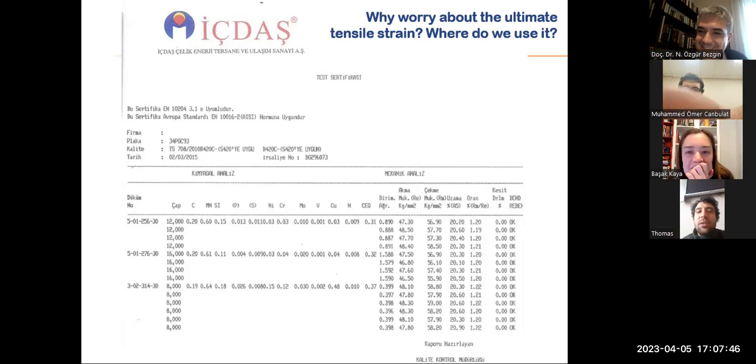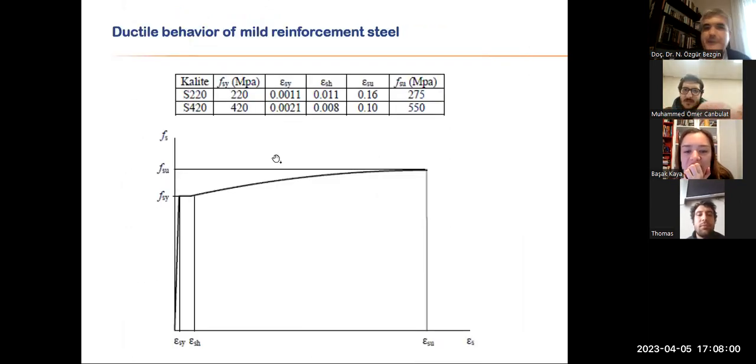Isn't that the design that you mentioned in terms of some people doing structures that will break, crack, but not fail? No, load and resistance factor design. No, I'm not talking about that type of plastic. So let me just come to what I'm talking about. Here we go. S220, 420.